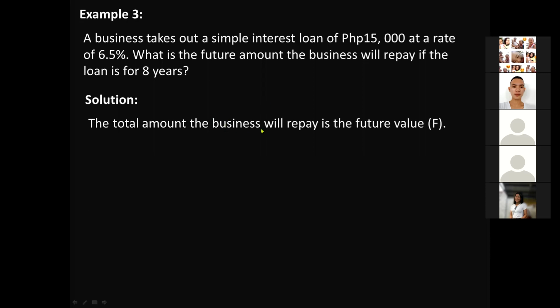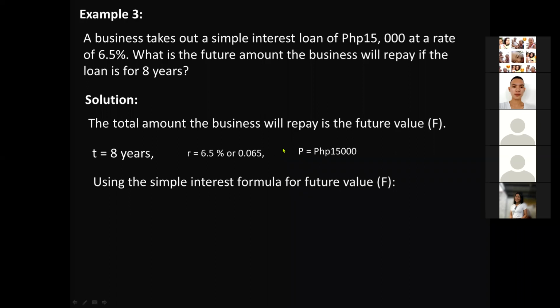Okay? The total amount the business will repay is the future value F. Time is definitely 8 years. R is 6.5%. If I will convert it into decimal, 0.065. And the principal is 15,000. Using the simple interest formula for future value, F, direct substitution,